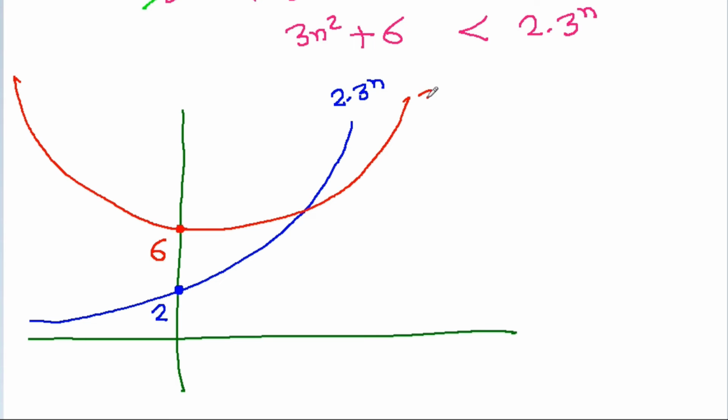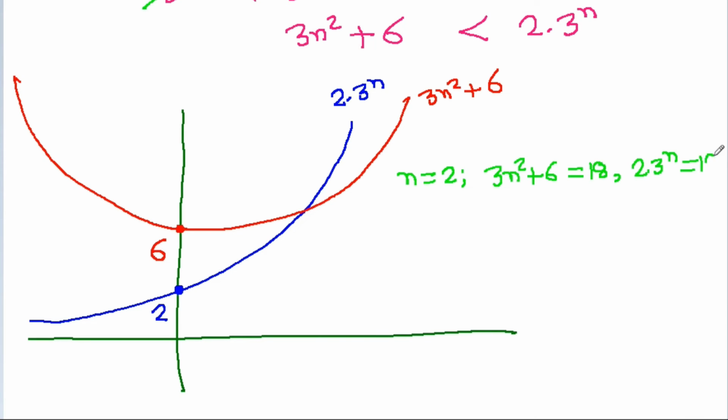It is the graph of 3n^2 + 6, and at n equal to 1 this is 9 and this is 6, and at n equal to 2 this is 18 and this is also 18. Here at n equal to 2, 3n^2 + 6 is 18 and 2 times 3^n is also 18. That means this point